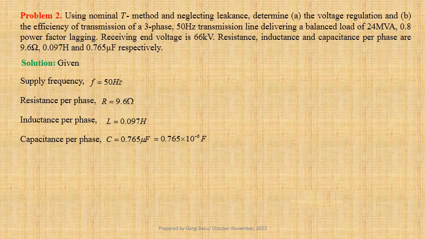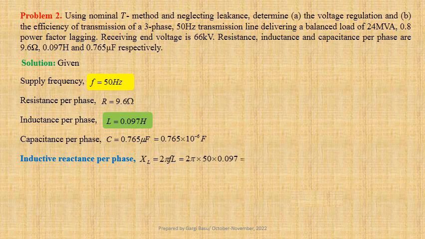Let us now calculate inductive reactance per phase. XL equals 2 pi F into L. Using values we get 2 pi into 50 into 0.097, that gives us